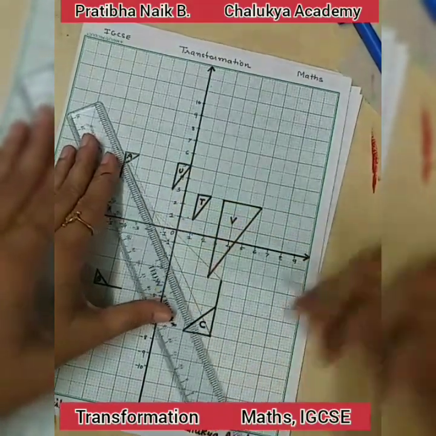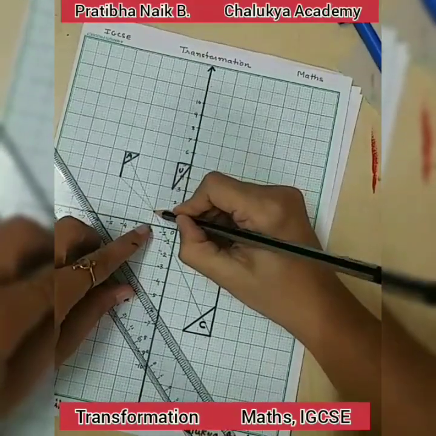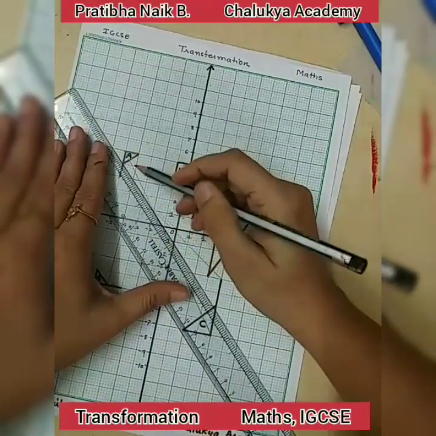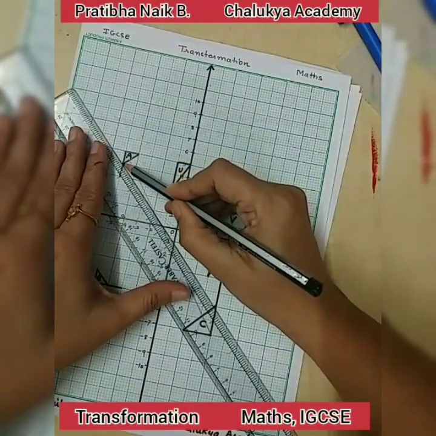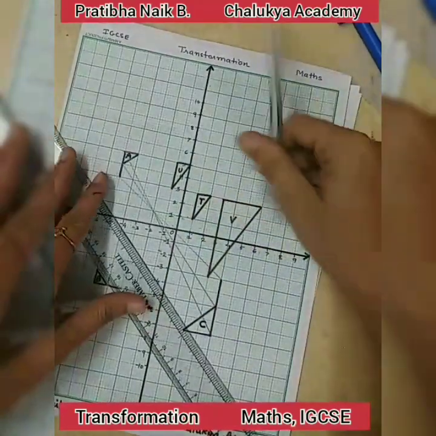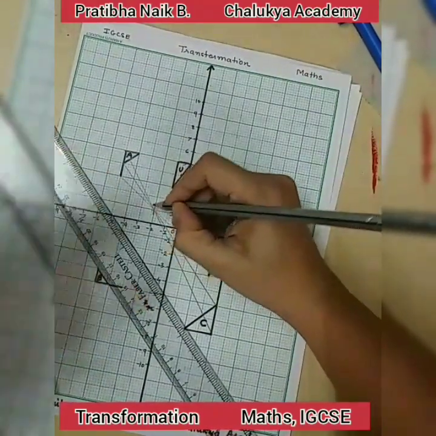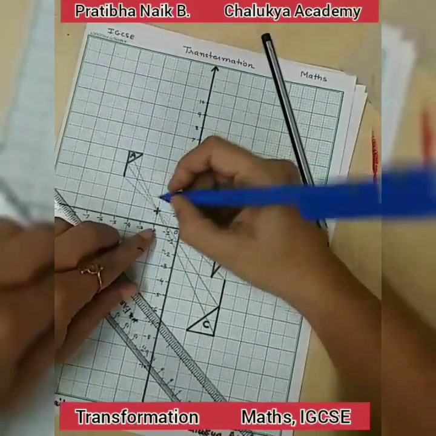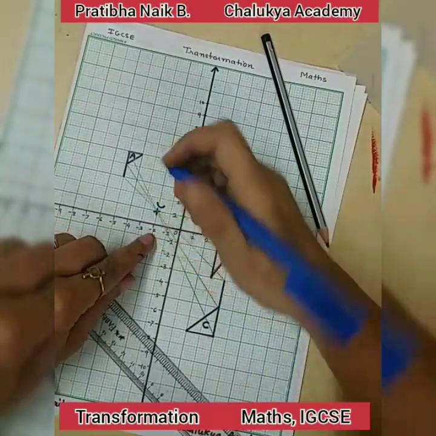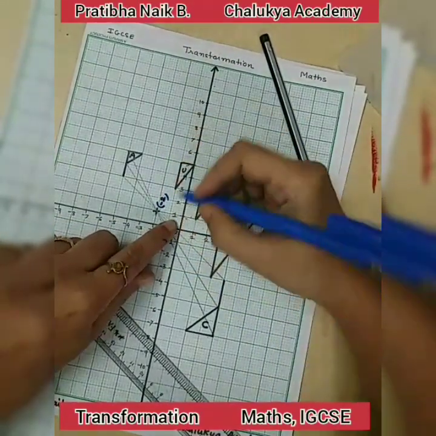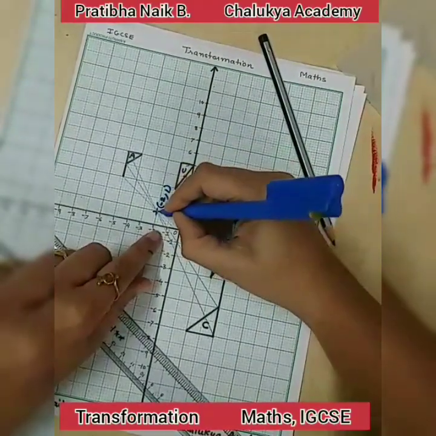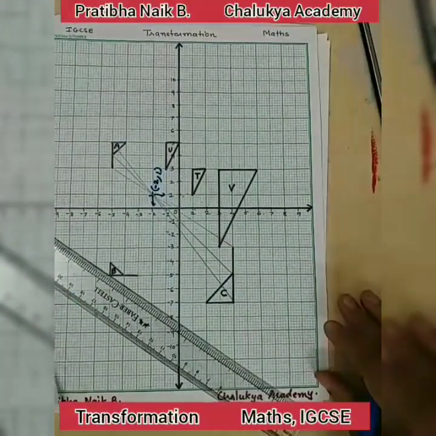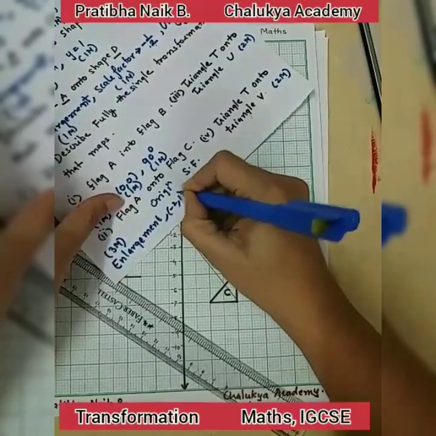See, if you are drawing two lines also, you can easily get the origin. See, I am getting the origin, but again I am drawing a third to just confirm the origin over here. So this way I am drawing the 3 lines. Now you can see all the 3 lines are intersecting at this point. Okay, so this is my origin. So first I have to write the coordinate of x-axis, that is -2, and then I have to write the coordinate of y-axis, that is 1. So you can see here this is 1 and this is -2. Okay, now we got the origin, that is -2, 1.